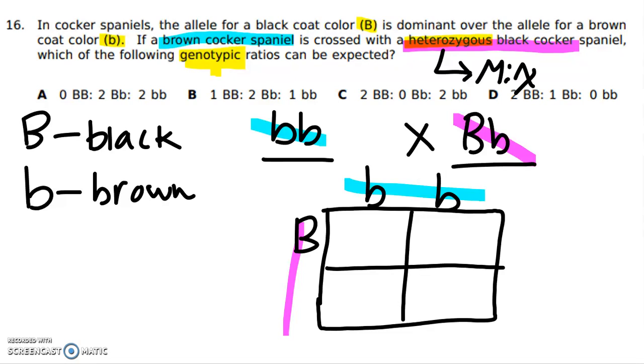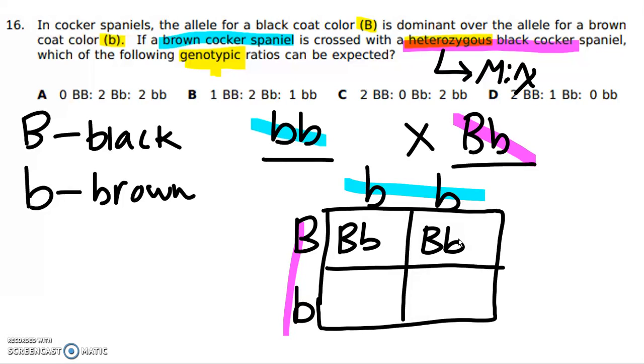So I'm going to place that here and that there. And now I'm just going to cross them. So matching up the letters, I have a dominant allele here and a recessive allele here. So I'm just going to write that. Matching up this dominant allele with this recessive allele,